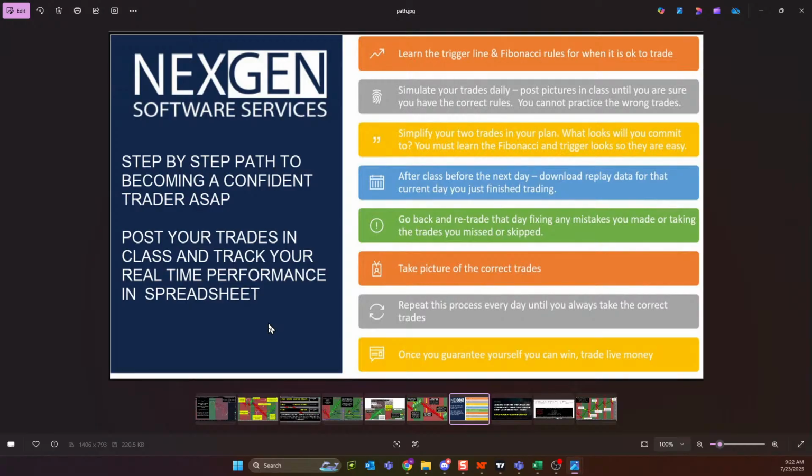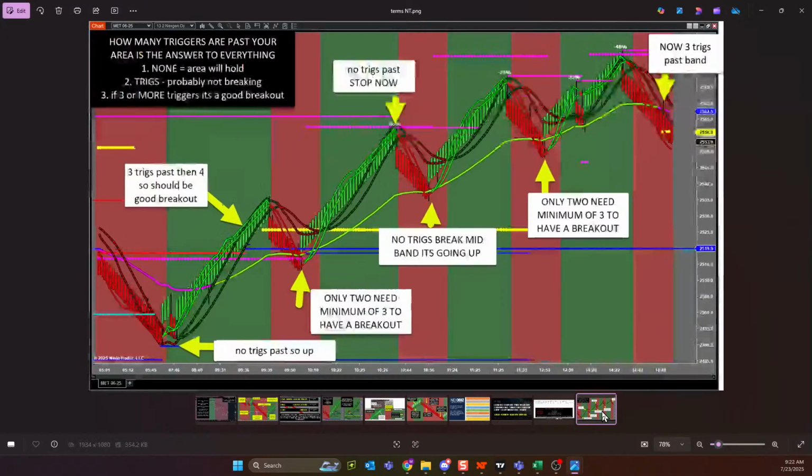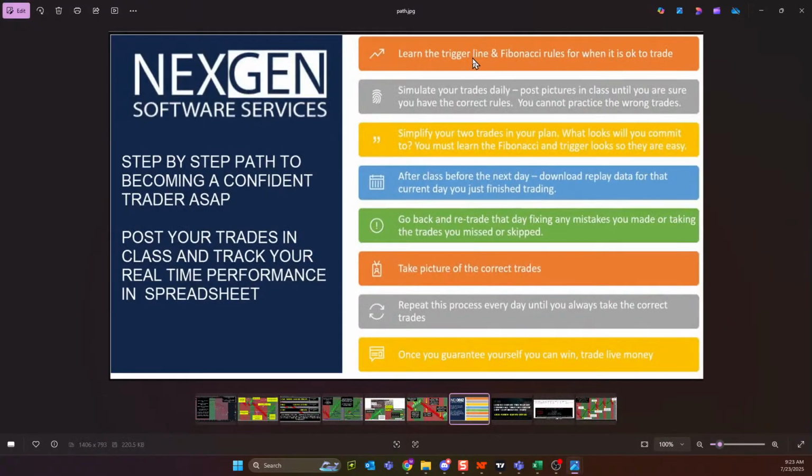We're going to talk about the chart read. And just because it's going up doesn't mean there's a long trade. And just because it's going down doesn't mean there's a short trade. So to help fill time, one of the things you guys can do is ask a million questions. Post pictures that you have questions about. We're going to learn the rules, guys. We're going to keep repeating those concepts. Do I have momentum? I've reached a line. How many triggers have broken? Over and over. Repetition creates recognition. So we're going to say the same thing over and over and over.